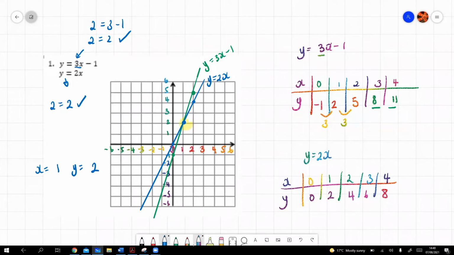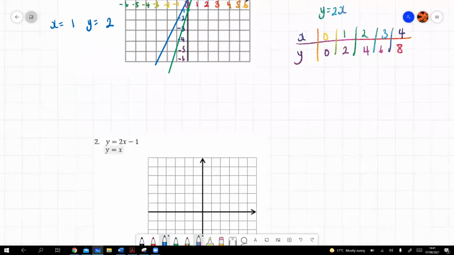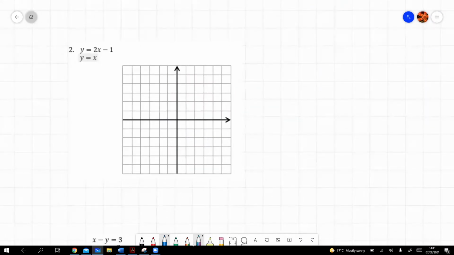Okay, let's do another example then. Similar to this one, then we'll make it slightly tricky. y equals 2x minus 1. So I'm going to just start by doing 0, 1, 2, 3, 4, 5, minus 1,